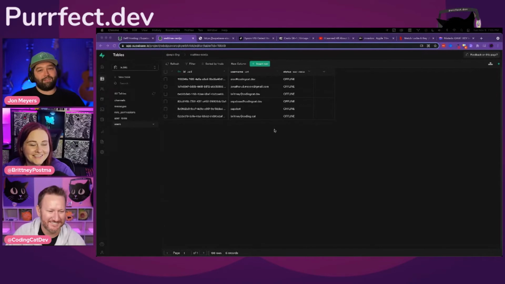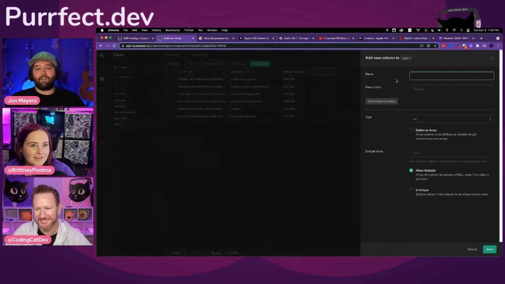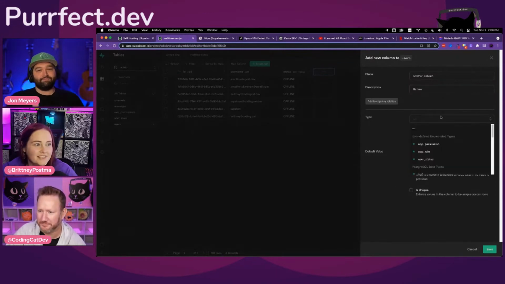But with this view, if you click the plus on the right, we could insert rows, but you can also just insert columns in that title bar where you've got ID, user status. We've got a plus. We could add a new column to this and fairly easily create data. It's a much nicer GUI than I've seen working with Postgres before.